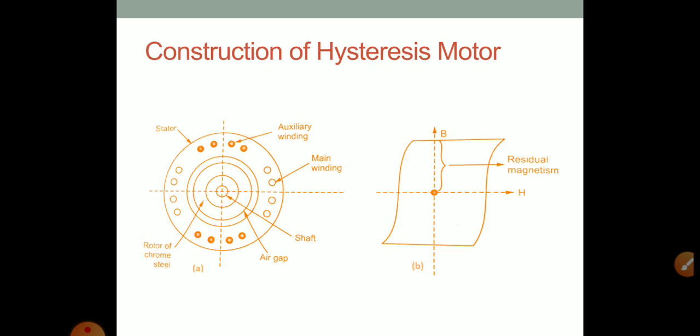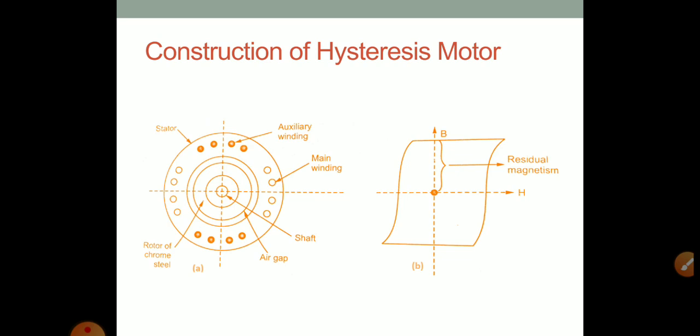Next slide is construction of hysteresis motor. Now let us see diagram A, which shows the construction of hysteresis motor. Its construction is quite similar to that of a single phase induction motor, as its stator consists of two windings, main winding and auxiliary winding. These two windings are arranged in the stator in order to obtain the rotating magnetic field in the air gap. Rotor has non-projected poles, so the rotor surface is smooth, and hence the hysteresis motor gives smooth operation